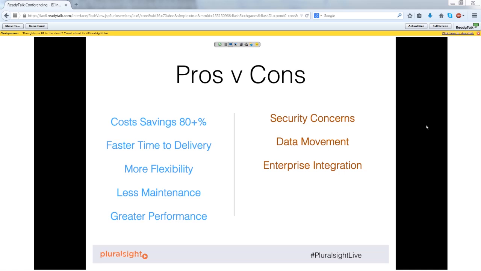And also, you get greater performance. That example I showed you there, I don't know if you guys have done similar examples, but I know I've tried to do one where I took that exact same data set and loaded an on-premise SQL Server instance running entirely on solid-state drives, and doing those exact same things, it was significantly slower. So you can get a lot more performance for a lot less money,